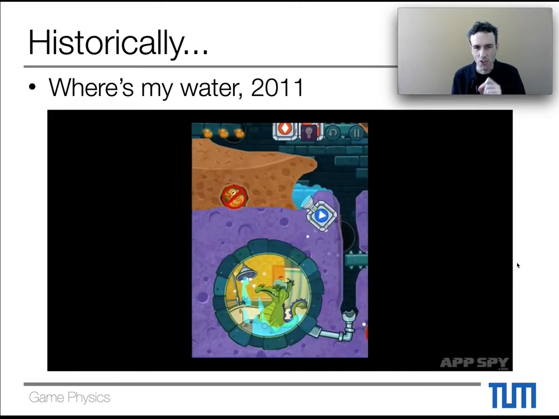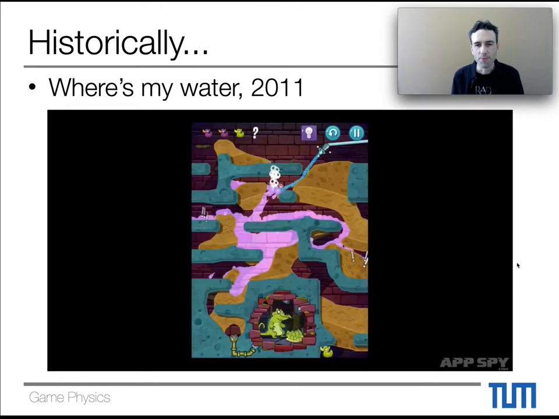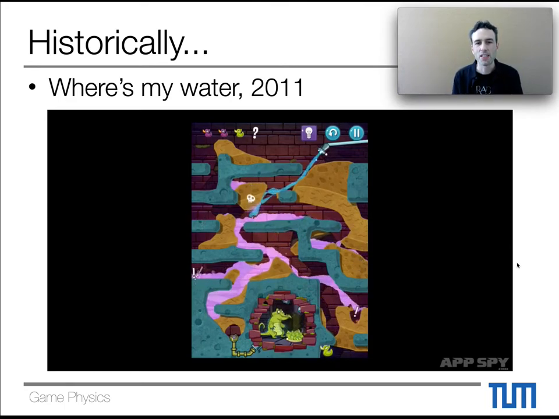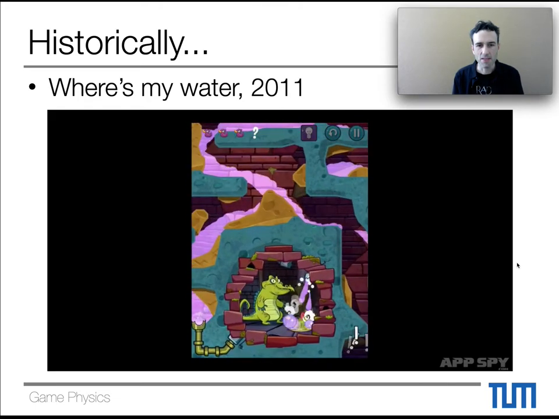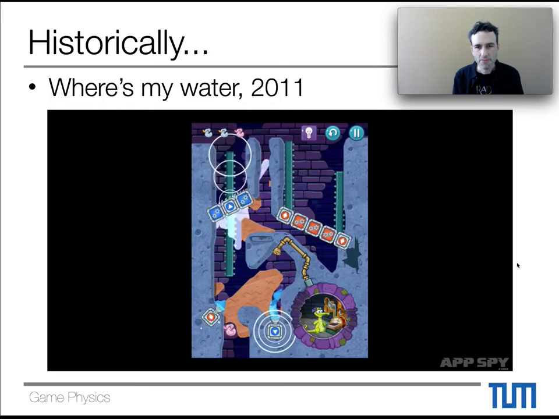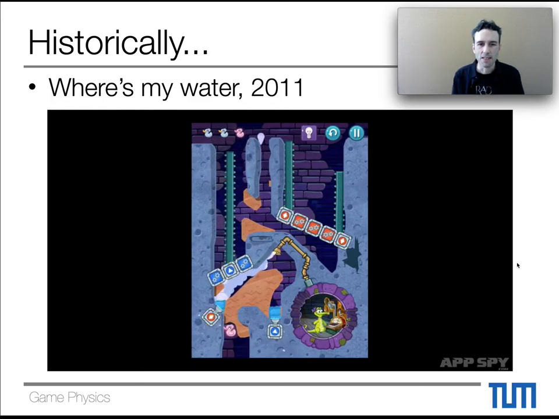You can actually see the individual drops. And with your finger, you can basically swipe to remove the earth here and let the water flow around. And then there are all kinds of puzzles in this kind of small simulation sandbox. And this also is a nice example of 2D fluid physics turned into a nice game.